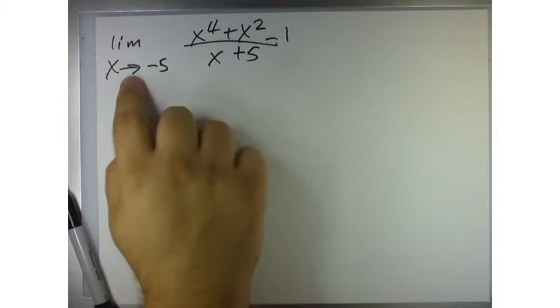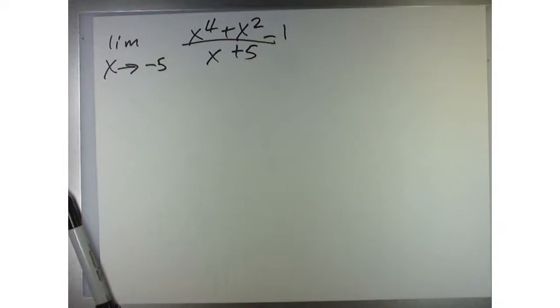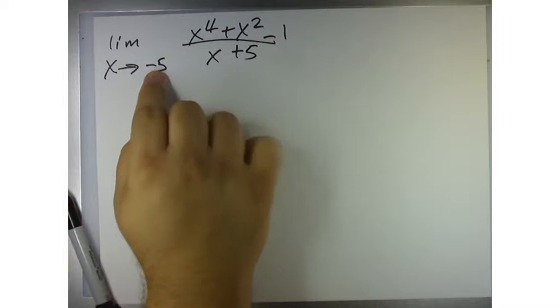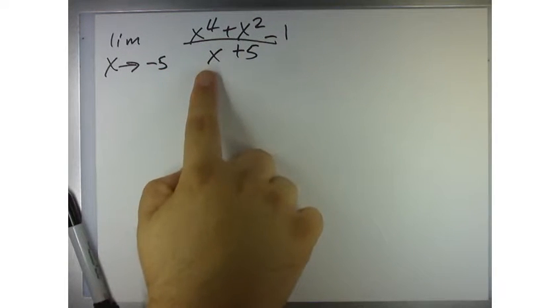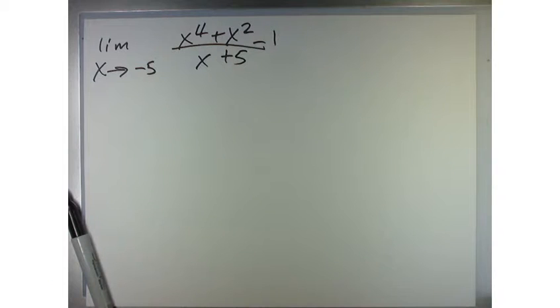Be, if I wanted to take the limit of this function here, what I might try is plugging in the -5. Now if I plug in the -5 in the top, I'll get a number, but the problem is I'll have 0 in the denominator and I can't do that. Okay? So there's lots of ways that we can address that, but I just want to focus on the concept